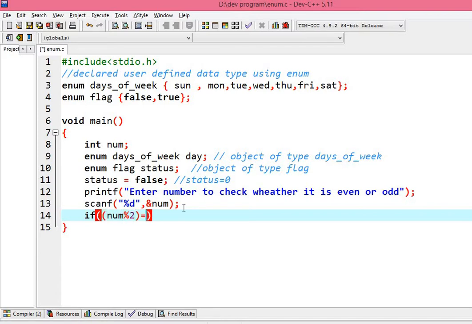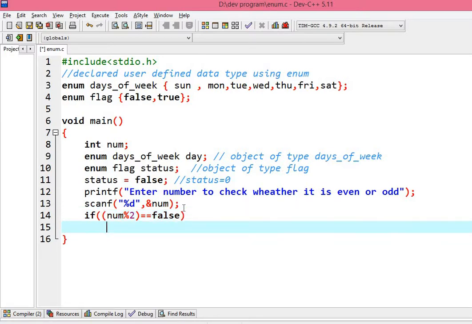If it is equal to false, then I will print it is an even number.